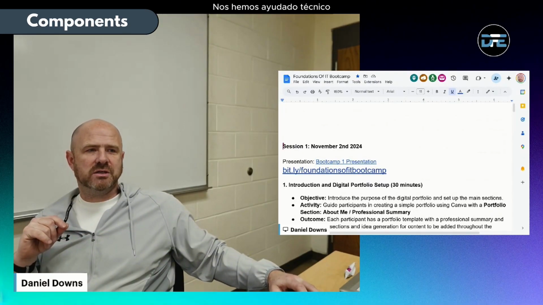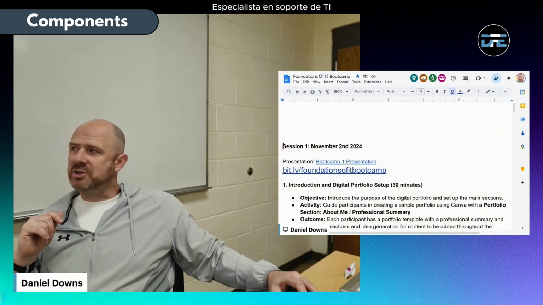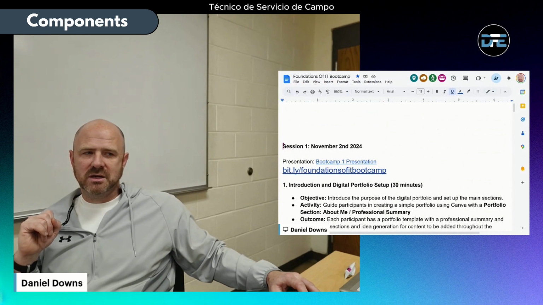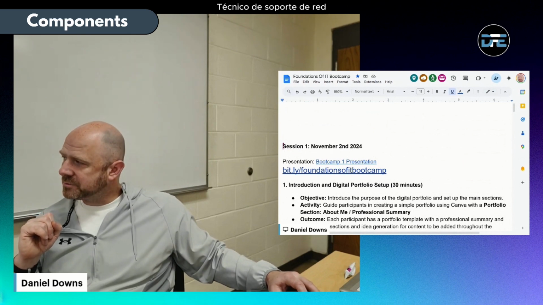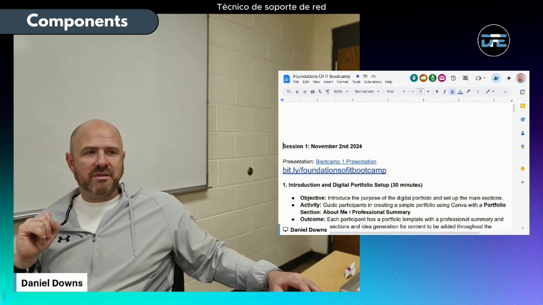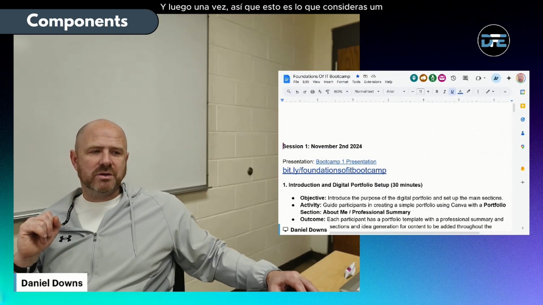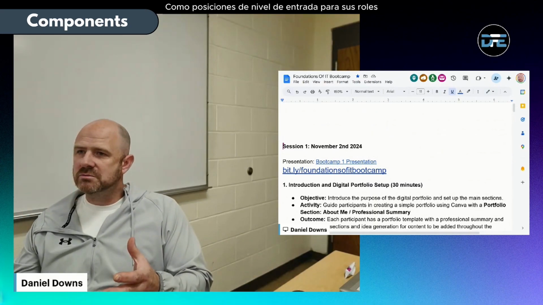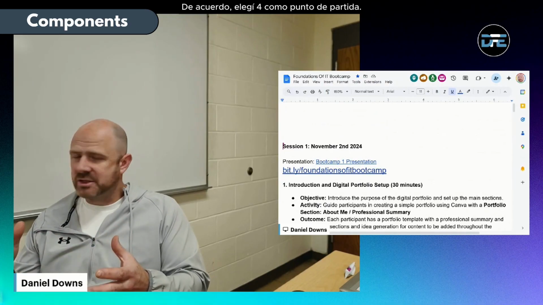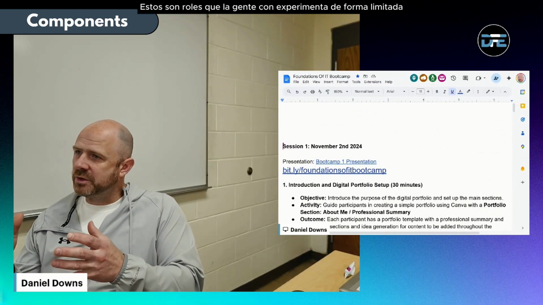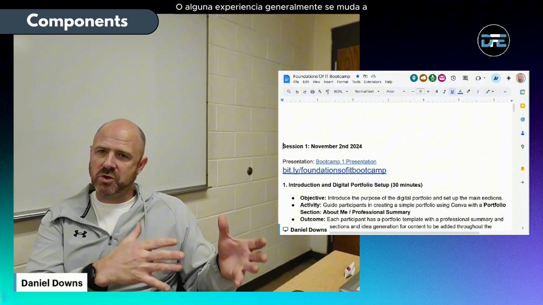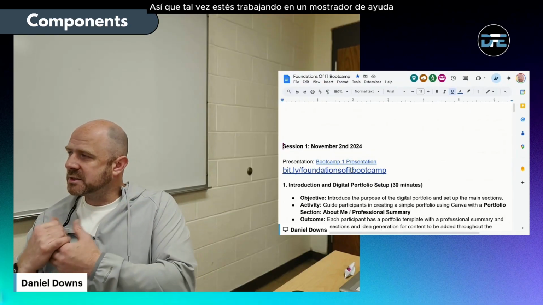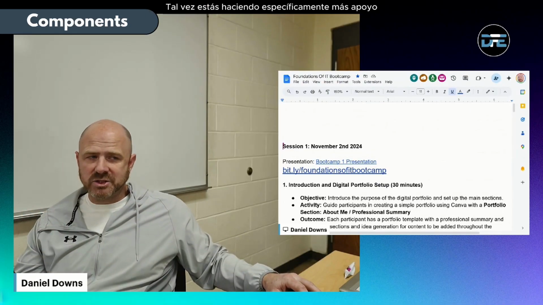We have help desk technician, IT support specialist, field service technician, network support technician. These are what you'd consider entry-level positions for IT roles, all right? So I picked four as a starting point. These are roles that people with limited experience or some experience generally move into some form of. So maybe you're working at a help desk, maybe you're doing specifically more IT support,